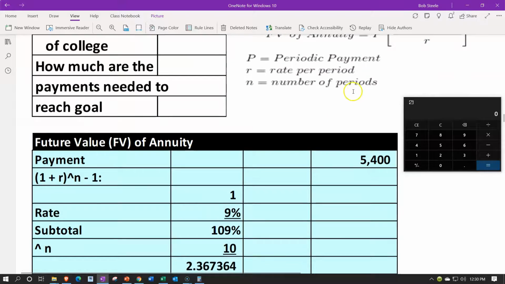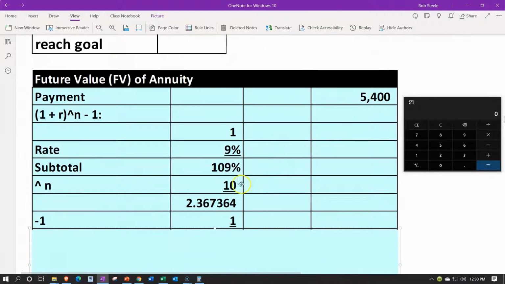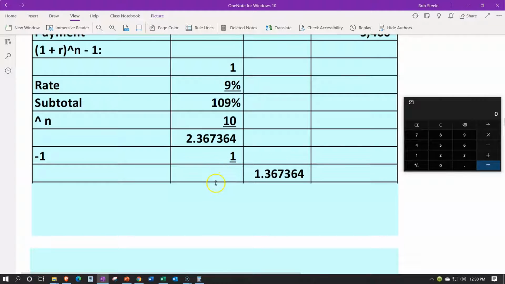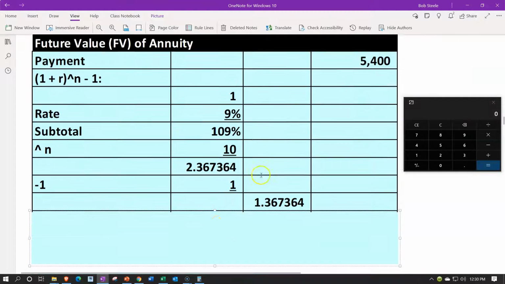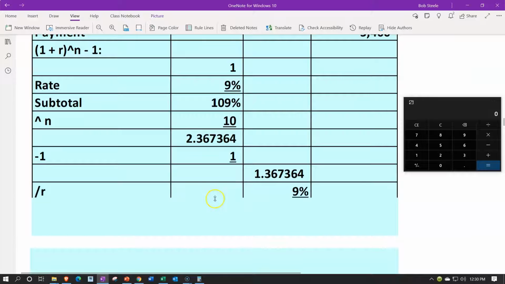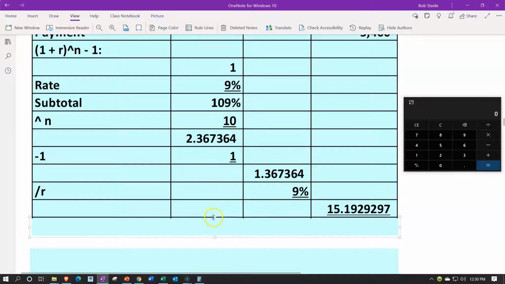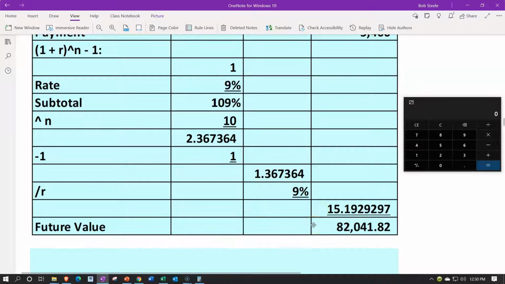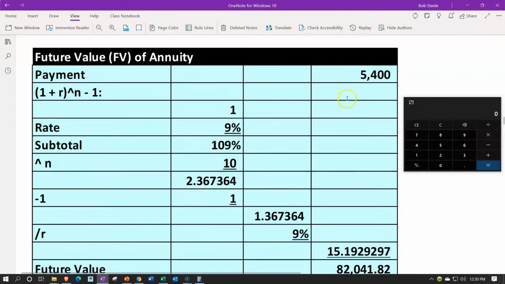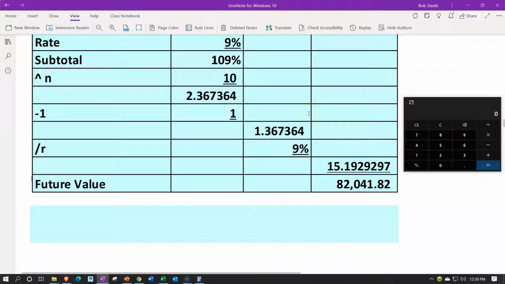And then we're going to take out the 1. That's going to be the last part of the numerator, getting us to the 1.367365. Then the denominator being R. R is once again 9%. Numerator divided by the denominator is going to give us that 15.1929 and so on. Finally, multiplying the 5,400 times the 15.1929 and so on gives us the